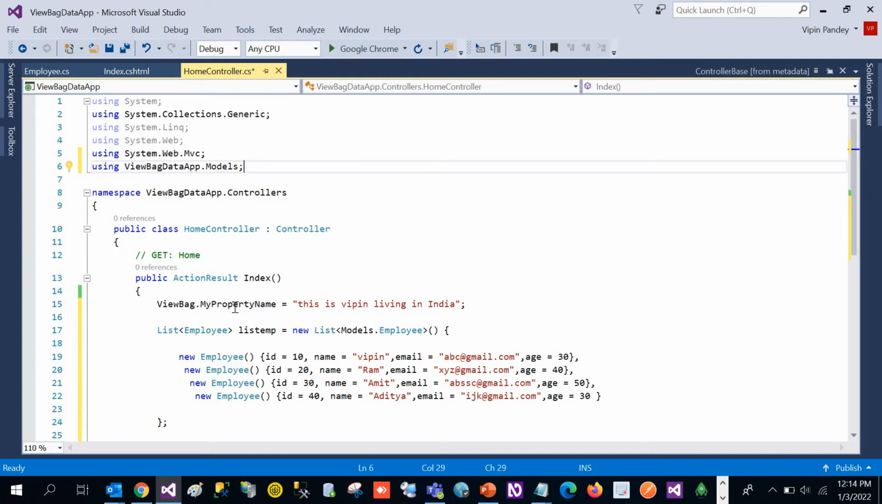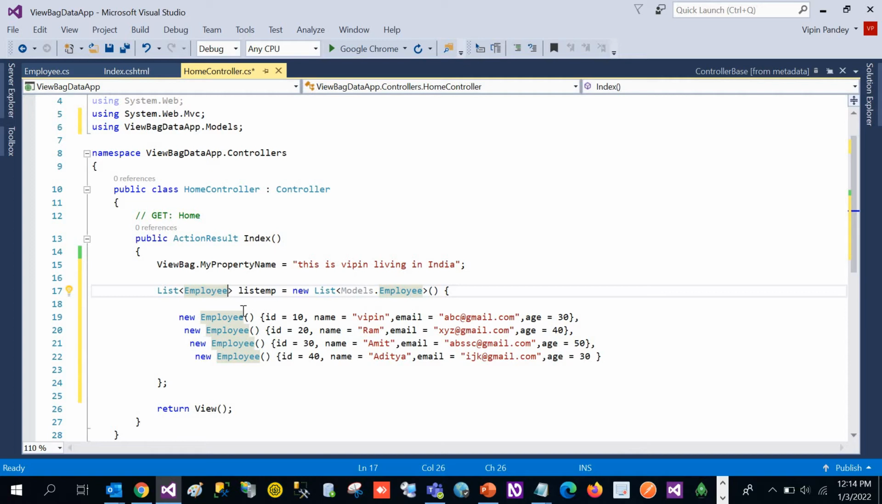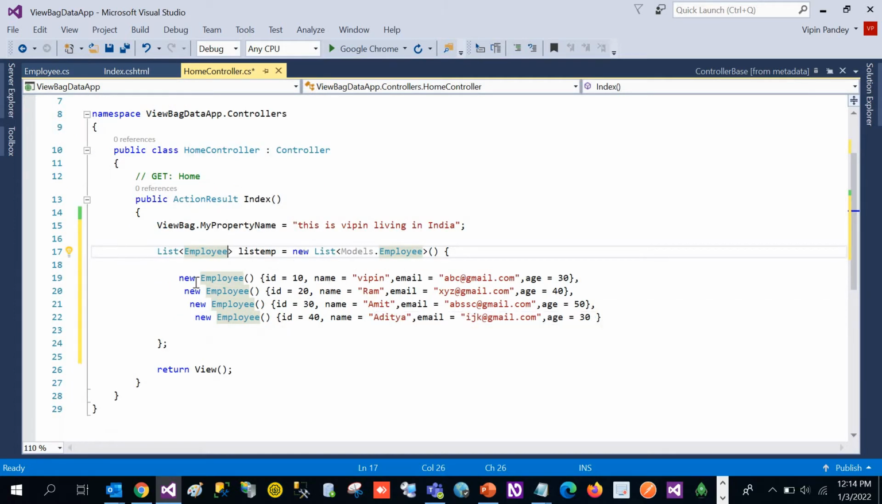Now we can use our list of employees. So what we have done, we have simply defined the list of employee, and in that employee object we have assigned some dummy data, right? So let's save this,